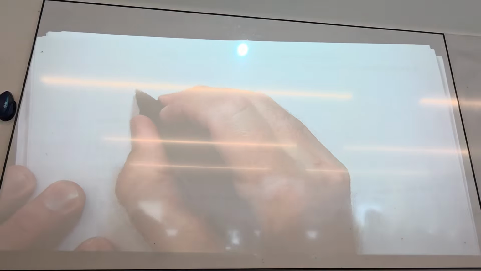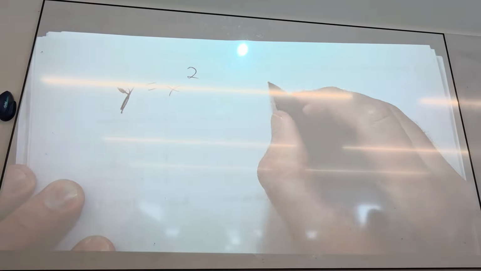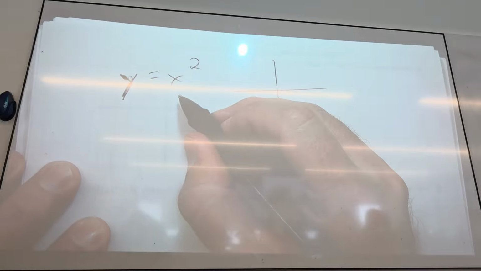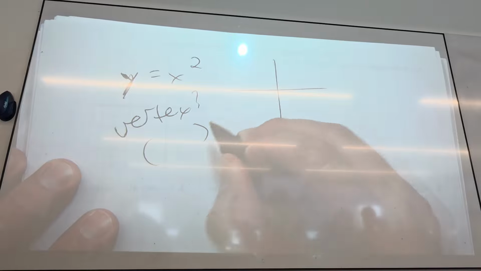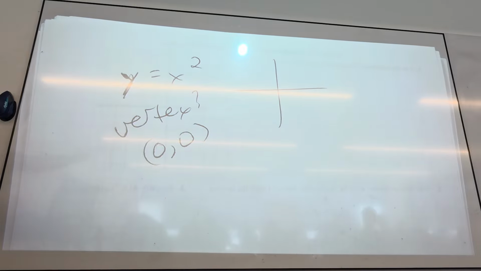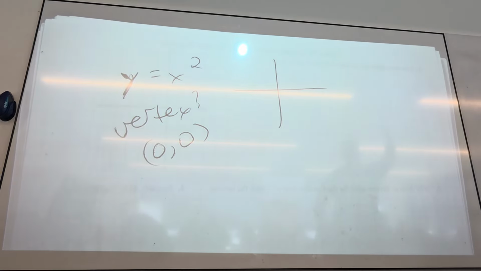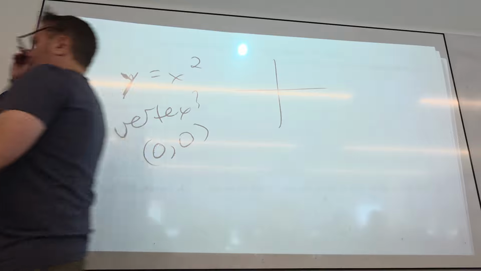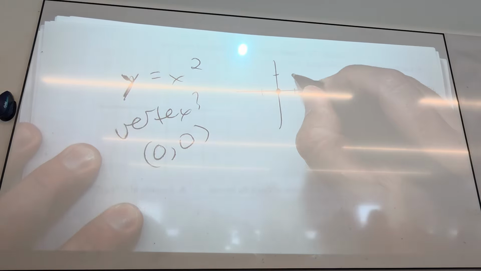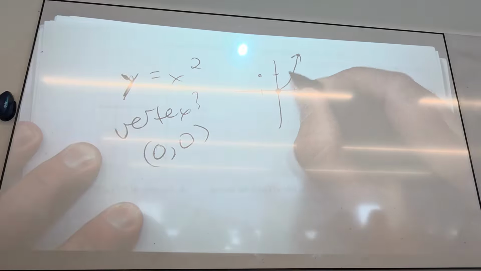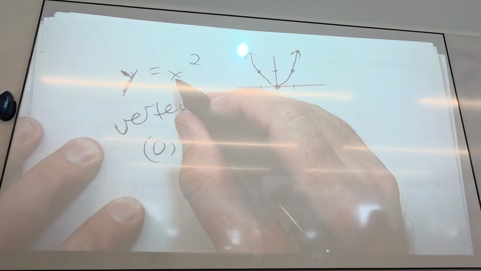Can somebody help me, if I have just this, I was talking about this earlier, what's the vertex of this parabola? Zero, zero, because the vertex, another name for it, which is slightly better, is the turning point. It's the point where it turns. Yes? Not Turning Point USA, dear God. So that's my normal parabola. The vertex is at 0, 0 for a standard parabola.